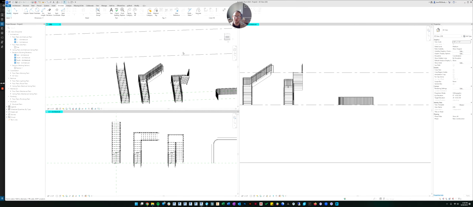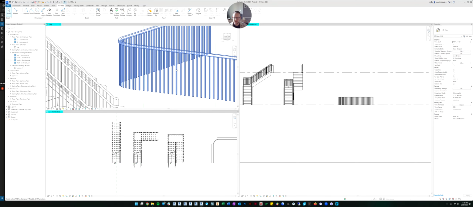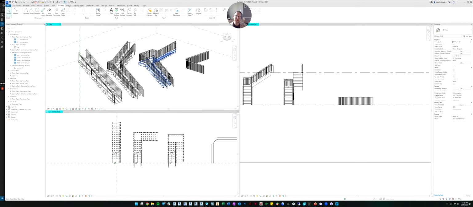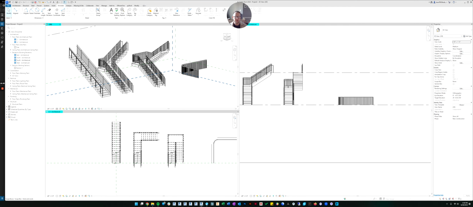But that's about all you need to know to at least create and do some minor edits to staircases and railings. If you want to do advanced stuff, like I said, if you have like custom balusters you want to put in the railing, or you want to do something crazy with the staircase, it's going to take a little more training and practice in Revit. But for the purposes of this class, you'll be able to do everything you need to do. And you now have a basic knowledge of stairs and railings.